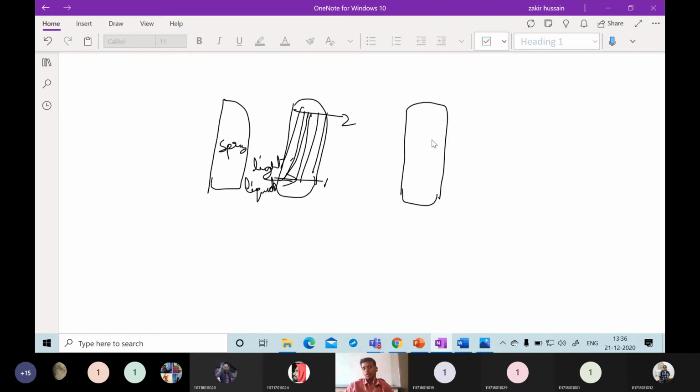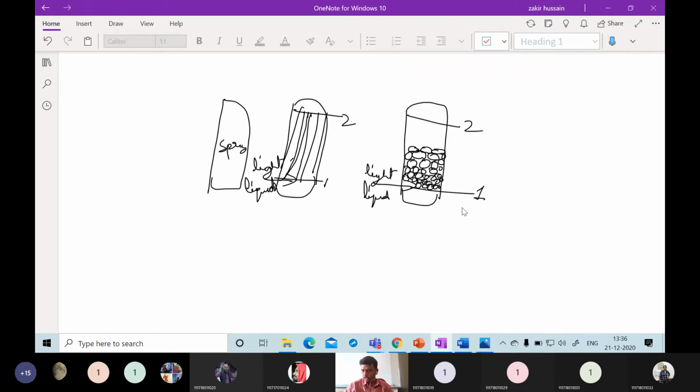When the same column is used as a packed column, what happens? The same light liquid, in order to travel from the origin point to some second point, has a restriction here. So the packing material will be arranged like this. If you consider a Raschig ring or some other ring, the packing materials will be arranged here like this. This is one type of restriction, in order to increase the travel time and the travel length, so that the two phases can come into intimate contact. We can arrange some packing here.